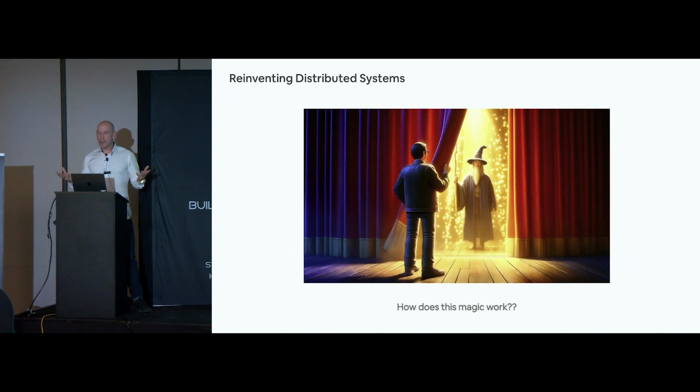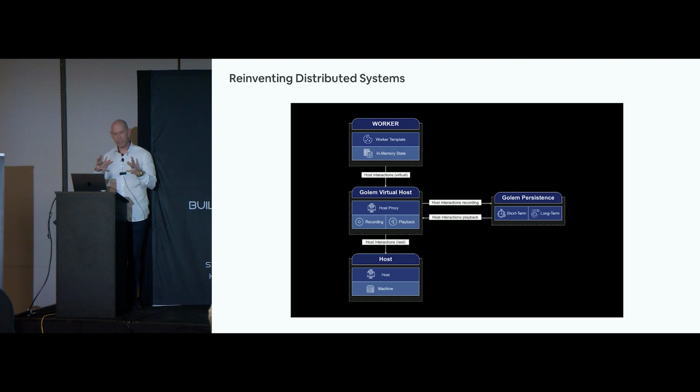All right, so how does this work? If we pull back the curtain and do a deep dive into this technology, how does it actually work? It works something like this. Your worker is running, and it has all this in-memory state. And by state, you should be thinking heap, stack, registers, instruction pointer. Basically, when your program is running at some arbitrary point, there's just a lot of state associated with that. You should be thinking full state, maximum state.